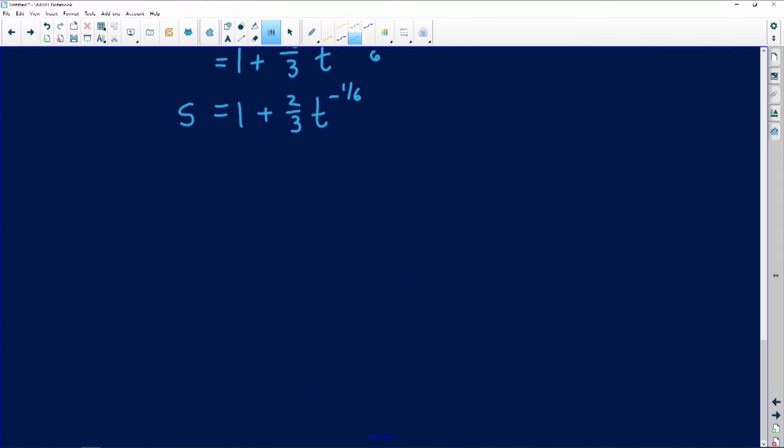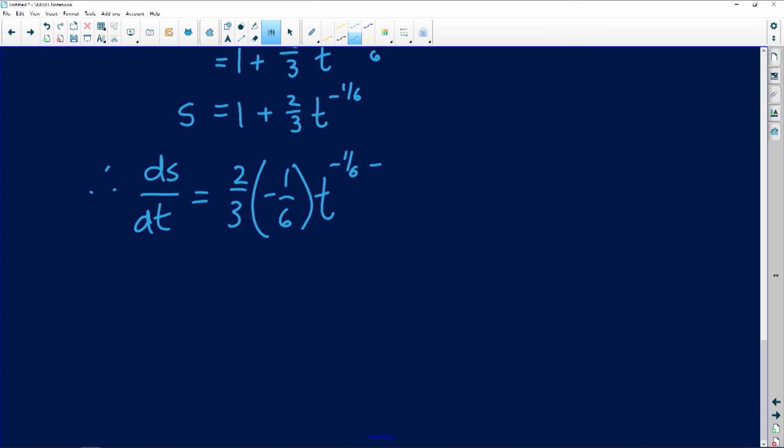Now I can say, ds/dt is equal to the derivative of this constant, which is 0. The 2 over 3 stays put. The power comes down from the t. The old power subtracts with a new power, which I know is minus 1. So in my head, I'm going to say 6 over 6. And that gives me 2 over